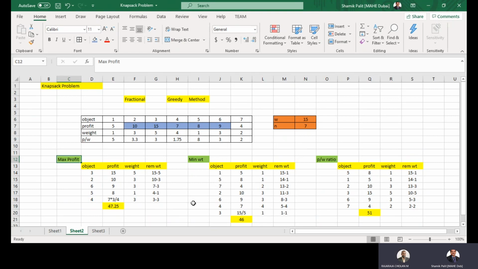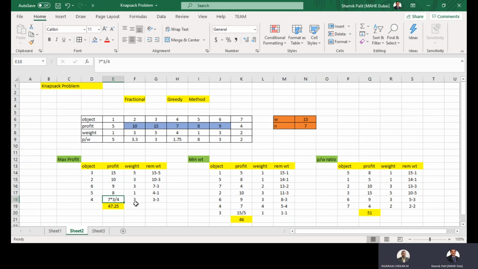Sir, understood this part? Yes, sir. But is 3 by 4 a common thing, or is there any logic behind it? No, the logic is we have 4 kilo associated with 7, correct? We have to take the profit 7 because 7 is the next profit. Now I cannot take 4. Why? My bag size is only remaining 3. So I can take the profit of 3. How will I get the profit of 3 over here? For 4 kilo, your profit is 7. So you apply a simple arithmetic: for 4 kilo, if the profit is 7, what will be the profit for 3 kilo? That we have calculated, a simple arithmetic operation.